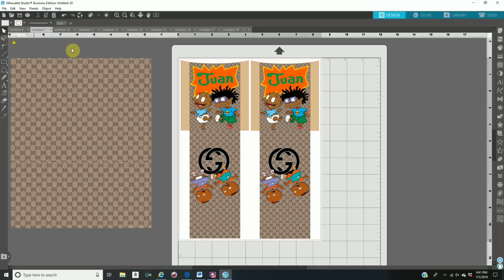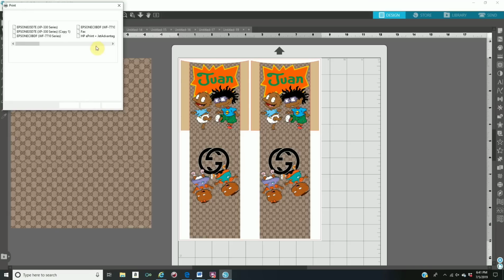I do have a printer, so I am going to print at home. There is a printer icon on the top. You're going to select the printer icon, and here you need to change the settings. I am going to print on glossy paper,